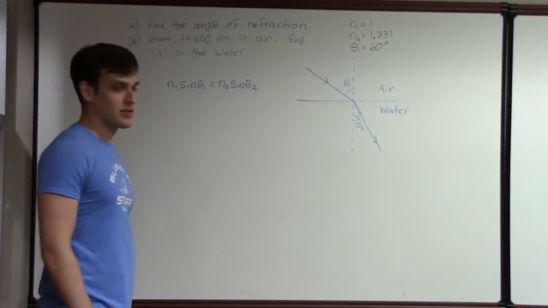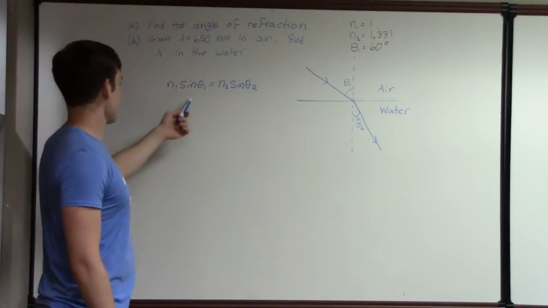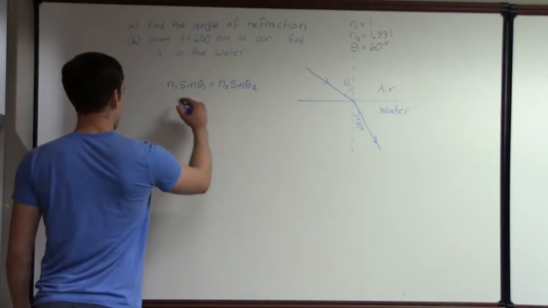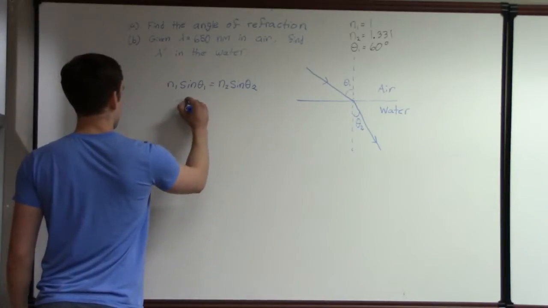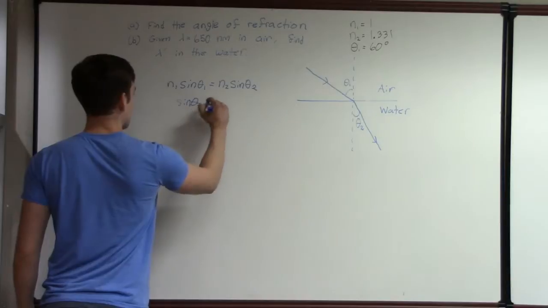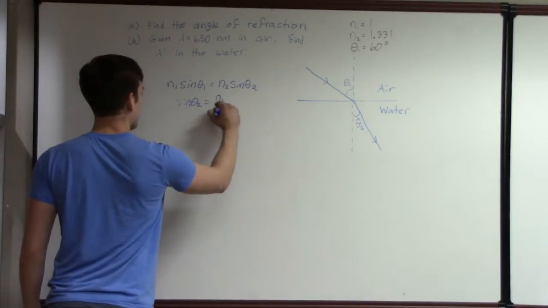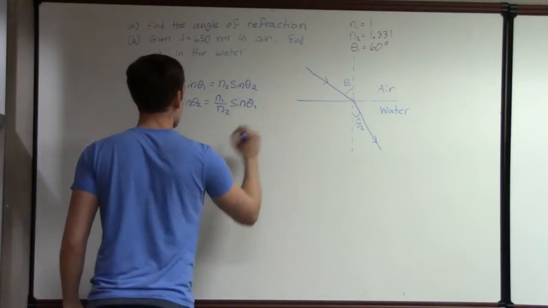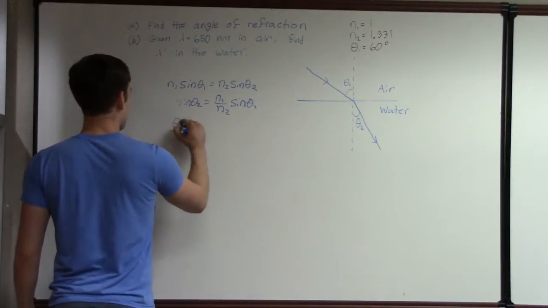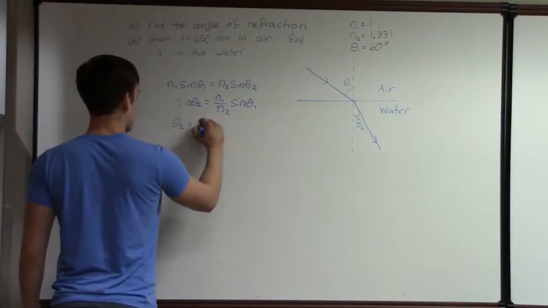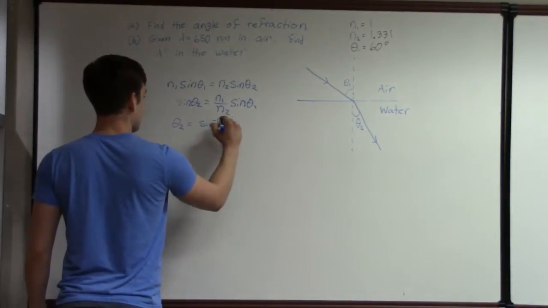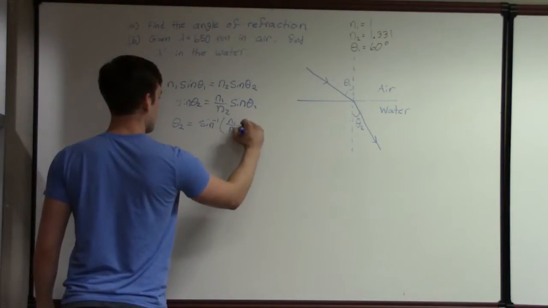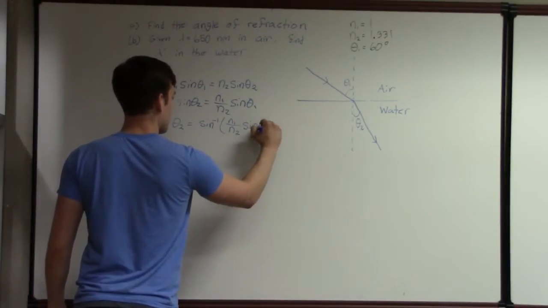So to do that, we can use Snell's law. N1 sine theta 1 equals N2 sine theta 2. So rearranging for sine theta 2, we have sine theta 2 equals N1 over N2 sine theta 1. To find theta 2, we just take the arc sine, inverse sine of N1 over N2 sine theta 1,